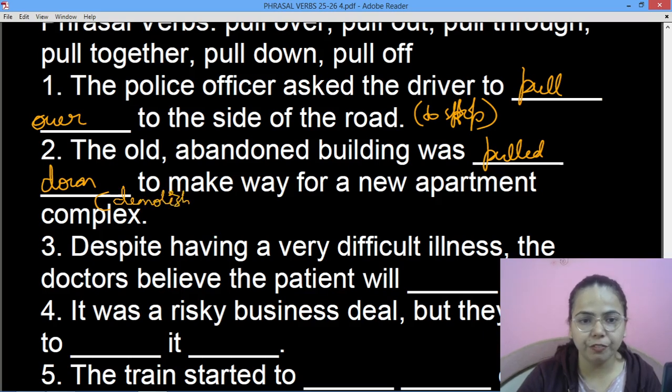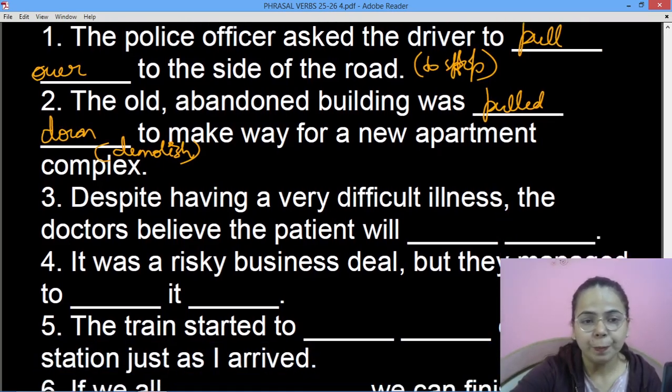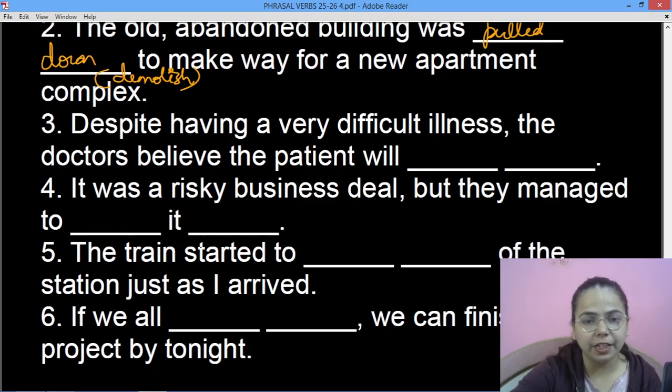Okay, few phrasal verbs, so you will be able to remember hopefully. Despite, you just need to see this complete video and after that the document that I have sent you, एक दो बार उसको दोबारा से पढ़ लेना, it will be better for you. Then, which I'll be sending you on Telegram.